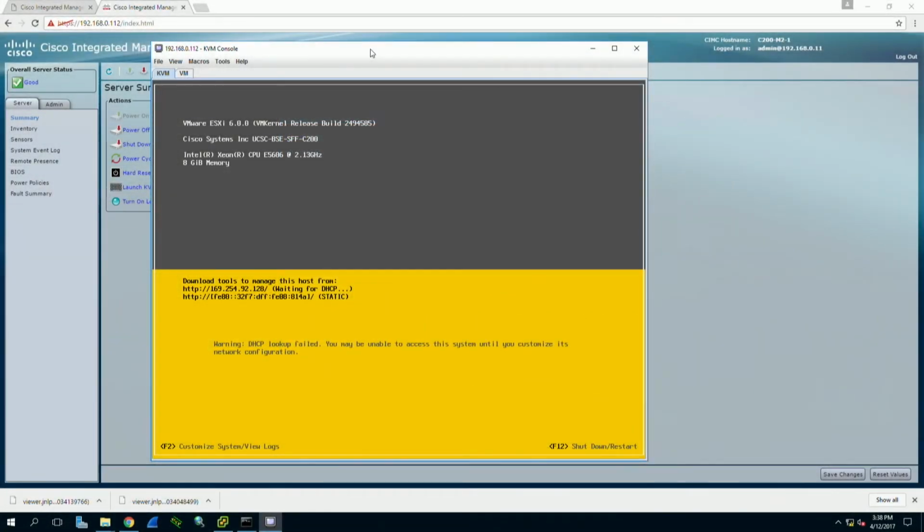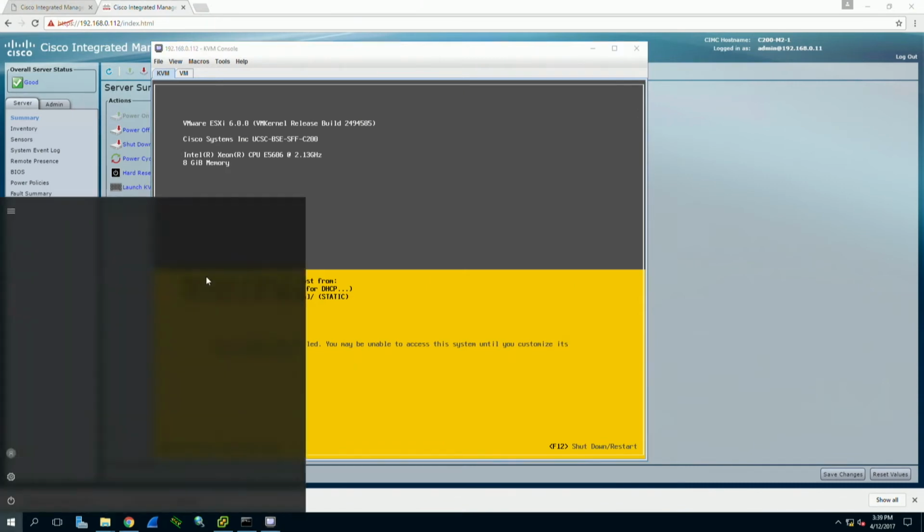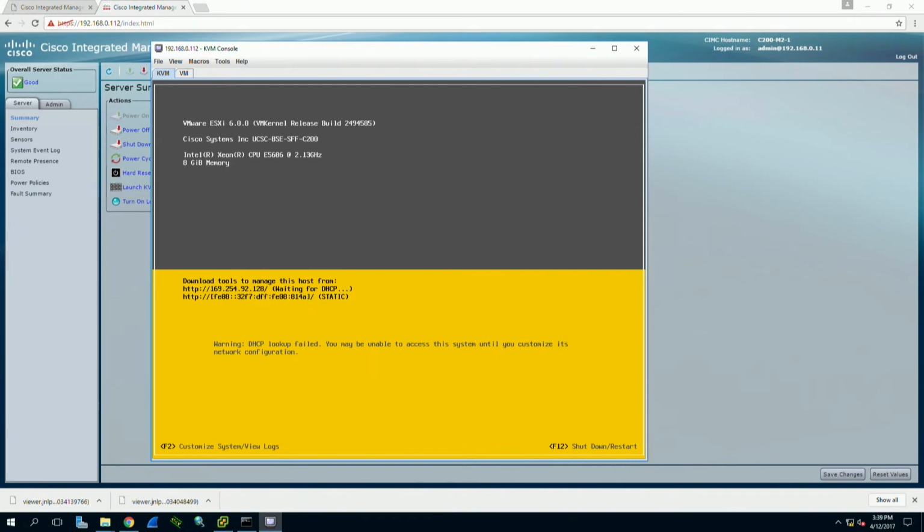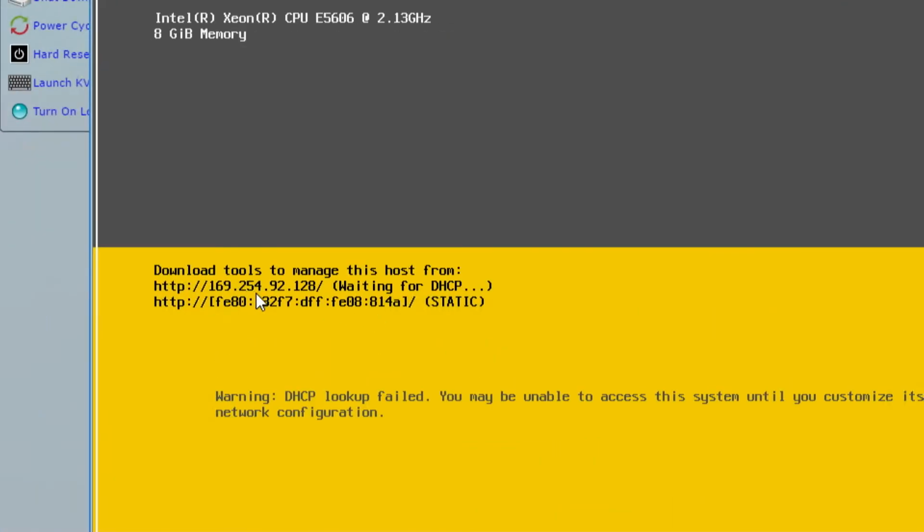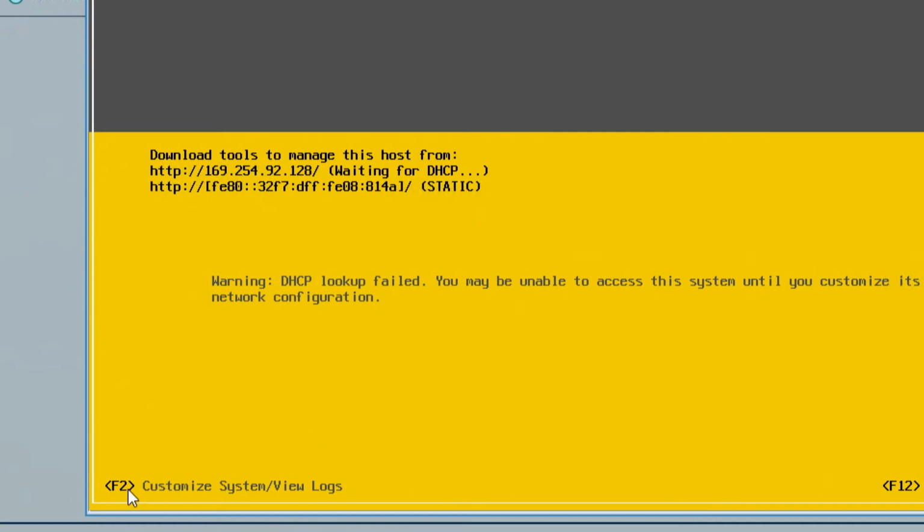Okay, so up to this point, I have just a vanilla blank install of ESXi. And you can see that the management IP address is not yet assigned, so it's getting the default link local address of the 169.254 network. So what I'm going to do is to go into the network configuration, which is you hit F2,